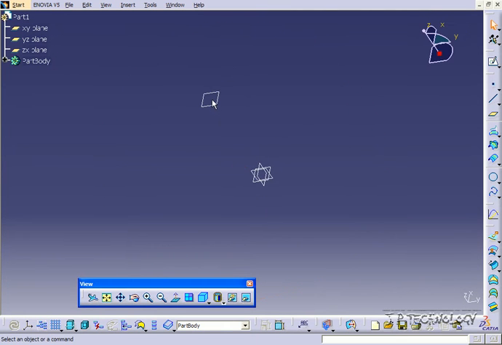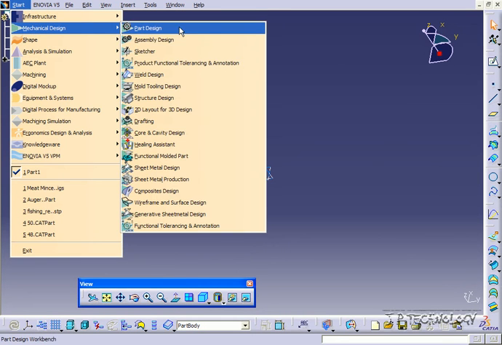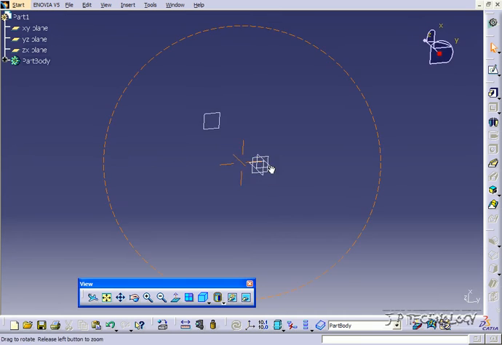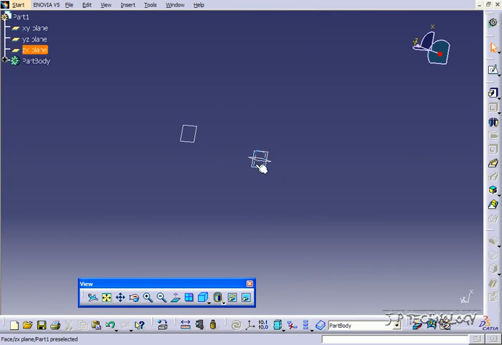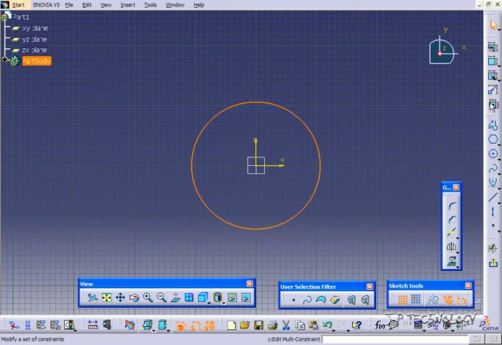So what we're going to do is create a sketch on there, and we're also going to create a sketch on here, and then we're going to bring the two together. So let's go back to the Mechanical Design, go to Part Design, and start making our sketches. Let's click on this plane here, click sketch, and draw a circle right in the middle. We're just going to do a nice easy basic one at first,